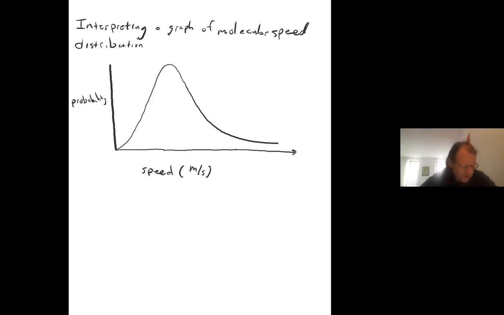Okay. So this is called a tail. If you've taken statistics, you've looked at statistical distributions that have tails. This one has a tail. So it's skewed. And the x-axis starts at 0. So 0 means they're not moving at all. And notice at 0, the probability that a gas molecule is moving at 0 is almost 0. It's down here on the y-axis at 0. It's at the origin of this graph. So that means there aren't any gas molecules that are not moving, or if there are, it's very few.